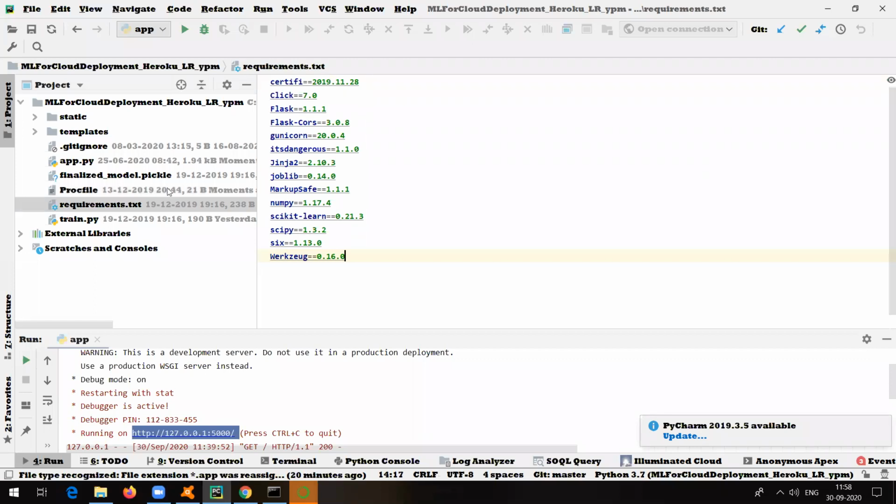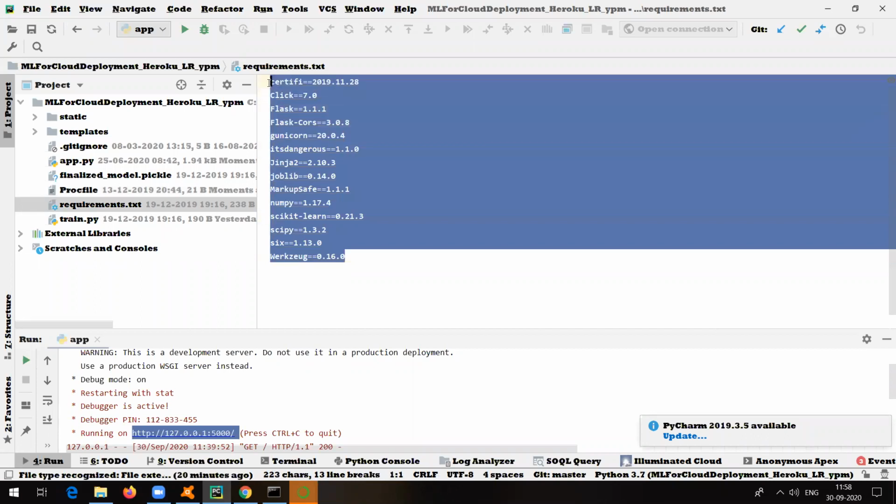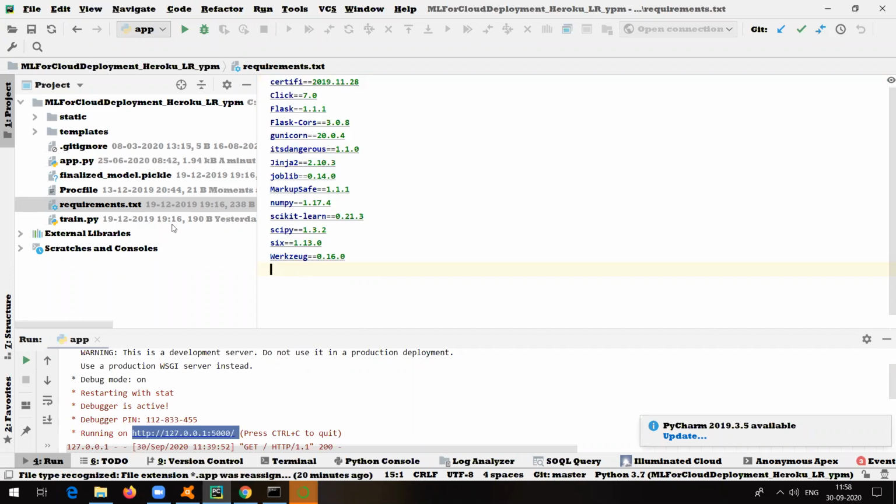This requirements.txt file is the file in which we try to mention the names of all the packages which we require for that particular project. These are all standard files. Okay, requirements.txt and Procfile, both of them are standard files. So whatever packages you require for your project, we try to mention those packages in requirements.txt.